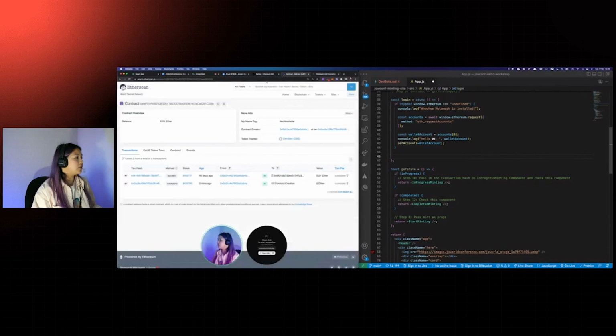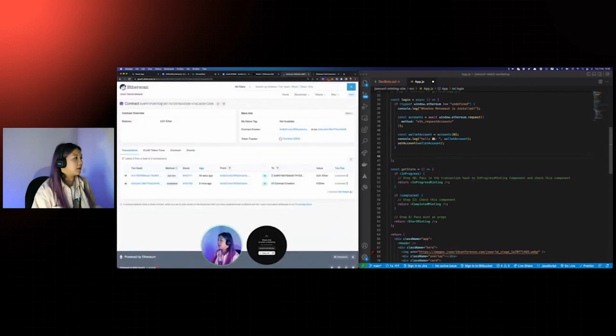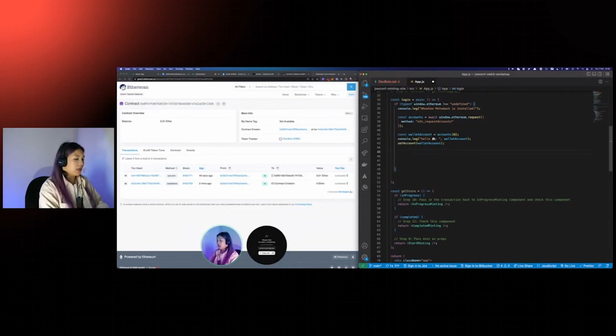If you don't know this, go to your Remix and this address at the top should be the same as this one. So copy this address and here say, inside of the function, const contractAddress